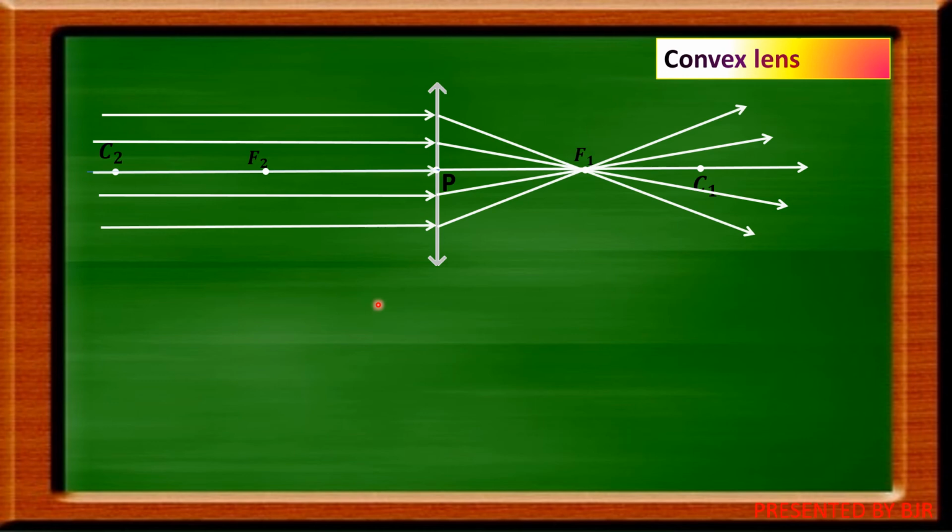And the very important thing is that focal points lie exactly in between P and C. You will learn later the radius of curvature of lens is equal to twice the focal length, or focal length is half of the radius of curvature. Okay, so here you see